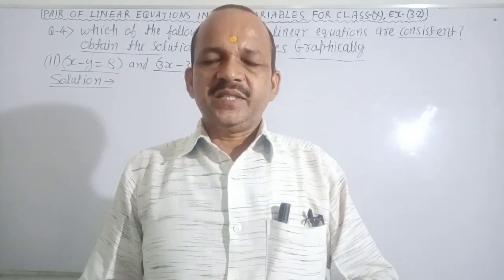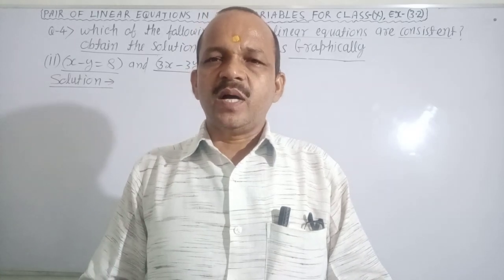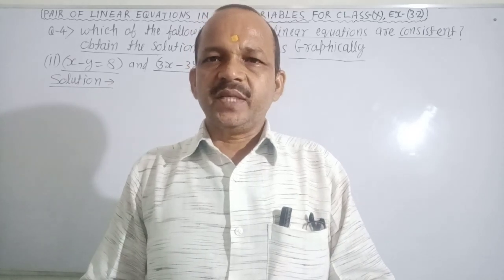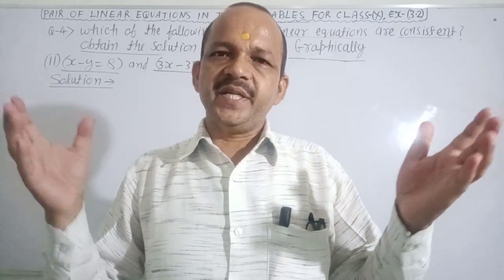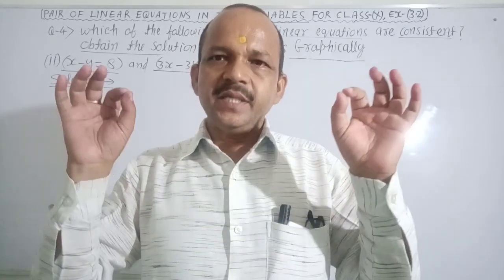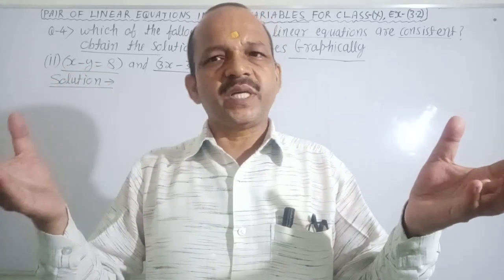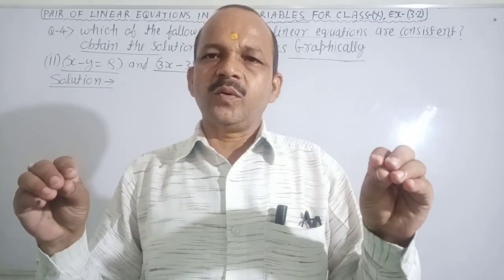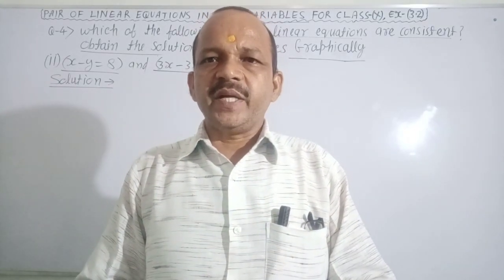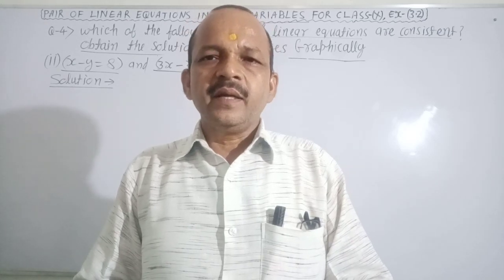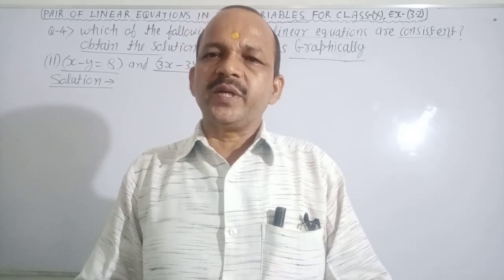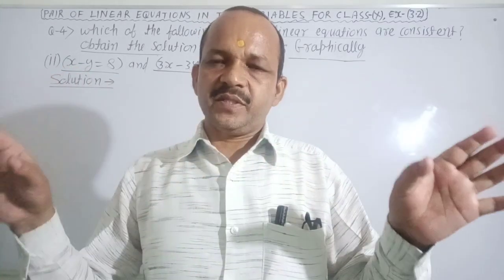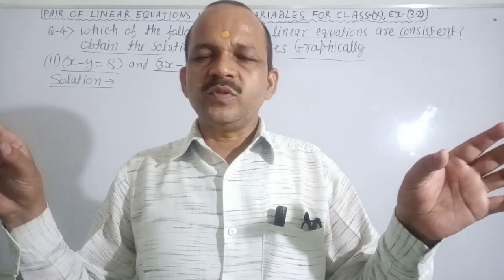Very good. Firstly, I want to describe the form of pair of linear equations in two variables, because you can ask me what is the form of pair of linear equations in two variables. It is new for you, so you can ask questions very easily. It is clear, no confusion about it. Very good. a1x plus b1y plus c1 equal to 0 and a2x plus b2y plus c2 equal to 0. It is the form of pair of linear equations in two variables. It is clear, no confusion about it.